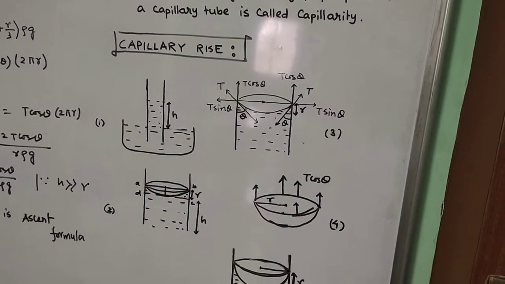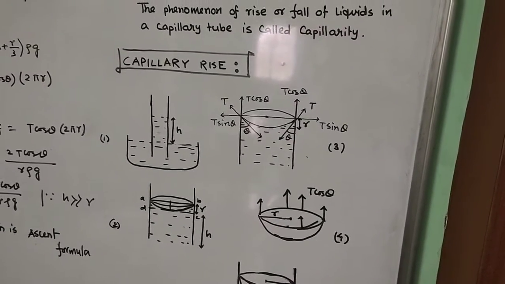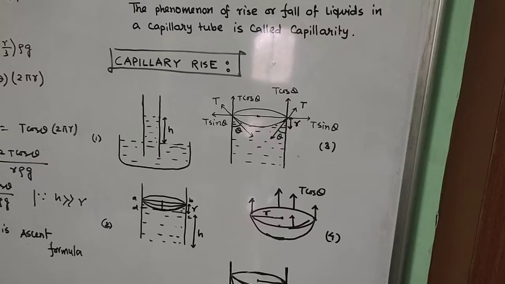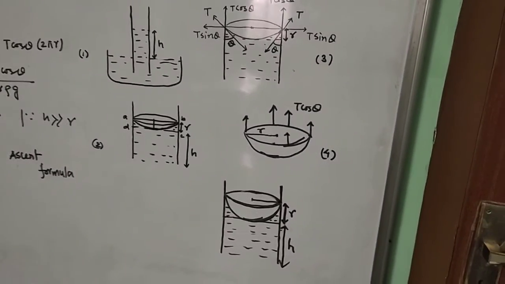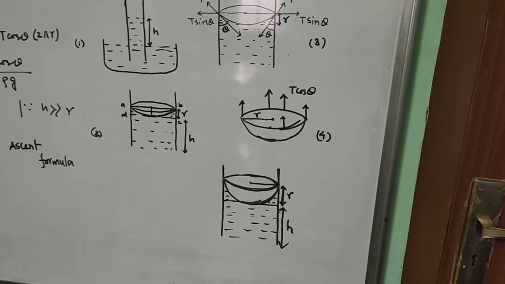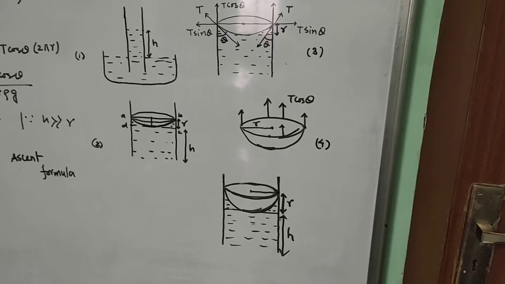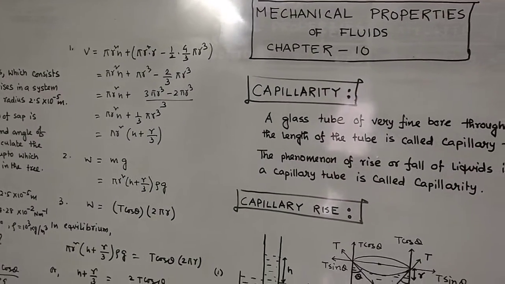So to get the weight of the liquid that moves inside the capillary tube, you have to calculate the volume of the liquid that rises. The volume of the liquid that rises is the volume of the cylinder of height h, that is pi r square h, plus